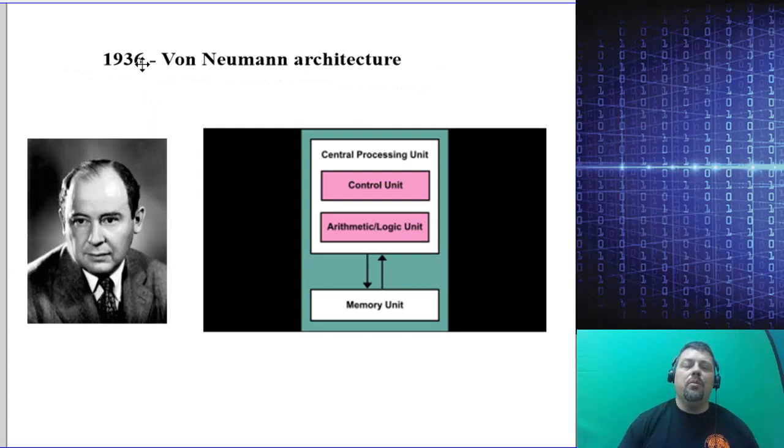But the real computer science began around 1936 with this dude named von Neumann, and he created the CPU architecture that we still use today. And it's really complicated. He's, by all accounts, one of the smartest people to ever live. He's considered right up there with Einstein and some of the great geniuses of our time. His work is kind of hard to follow for the layperson, but he laid out the structure of the central processing unit and memory and how they exchange and process information, and it's still used to this day, which is a great testament to his intelligence and skill.